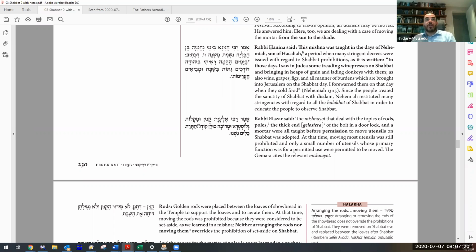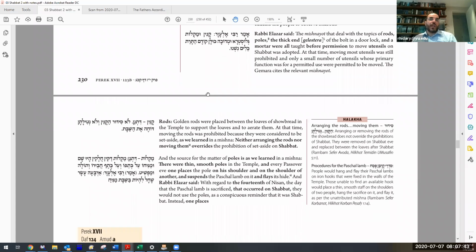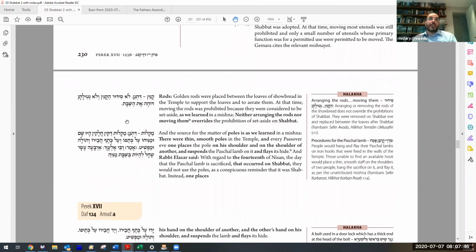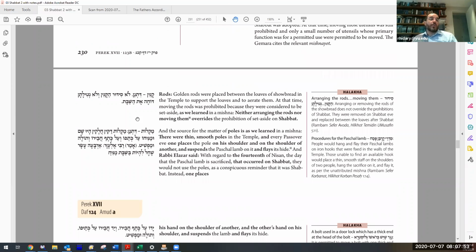So that's Rabbi Elazar, kanin, maklot, gelostera, umedocha. The following four Mishnayot that talk about different items that are mukseh, all those are talking about the law before the leniencies, and that's why they said it's not allowed. But really, according to the updated law, these items would all be allowed. So what are these four items? Kanin, these are the golden rods, the golden rods that would be used for the shulchan in the Bet